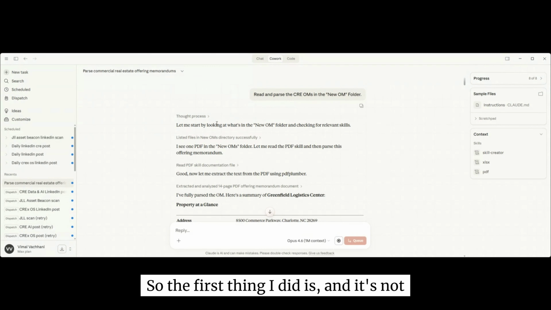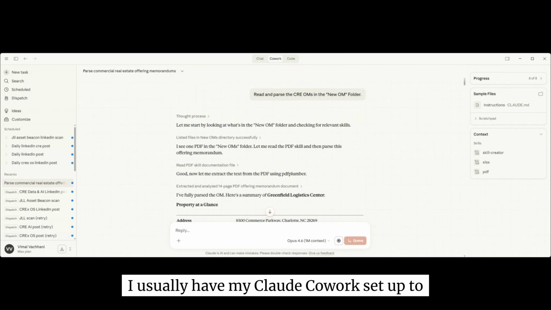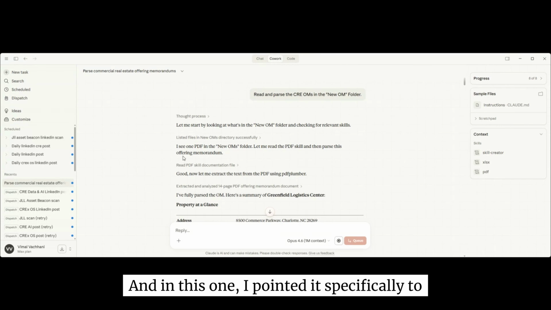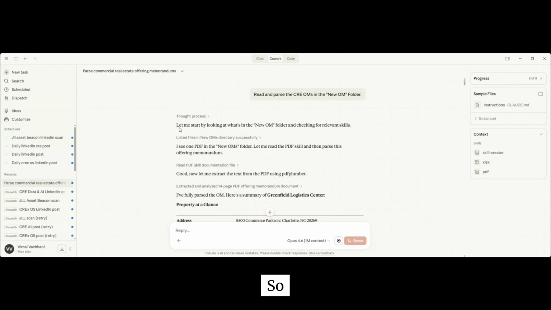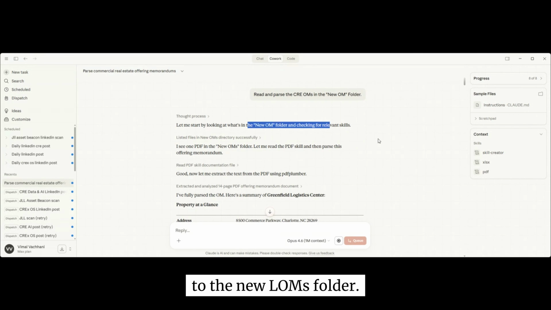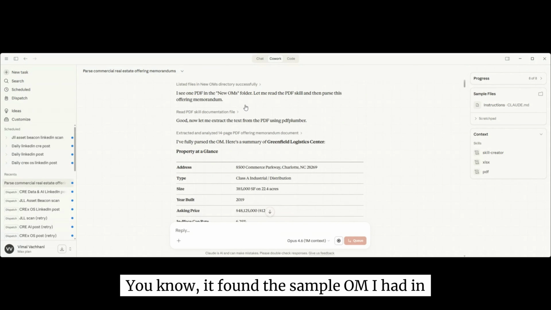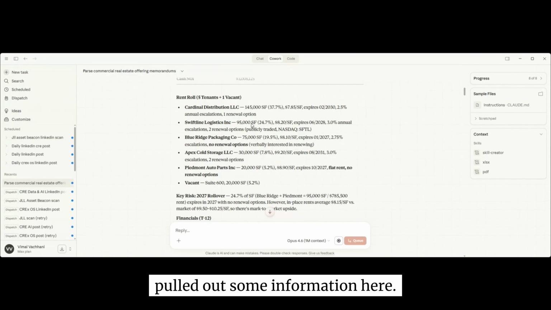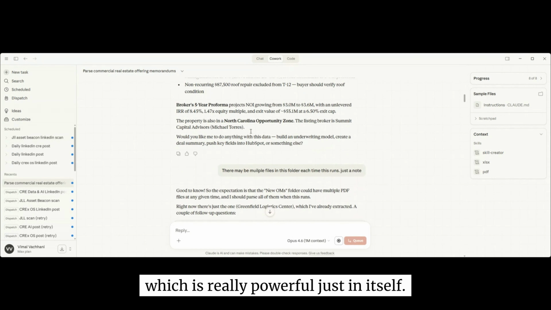So the first thing I did, and it's not here, is that I pointed it to the folder. I usually have my Claude Cowork set up to where it's pointed to a specific Cowork folder where it contains files. It kind of keeps everything contained. And in this one, I pointed it specifically to that sample files folder. Walking through, I had it pointed to the new OMs folder. It found the sample OM I had in there, and I just had it do a quick summary on it. So you could see that at a high level, it pulled out some information here, which is really powerful